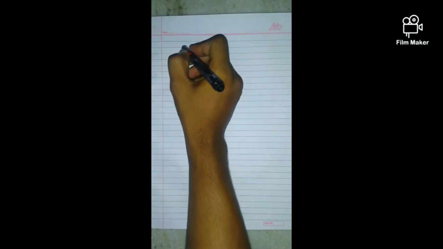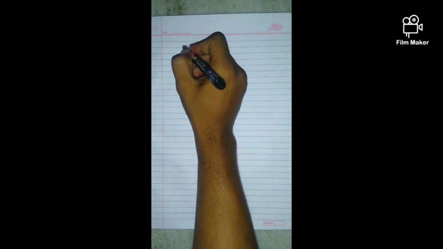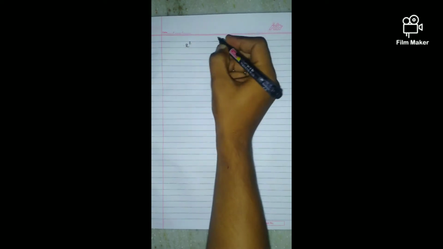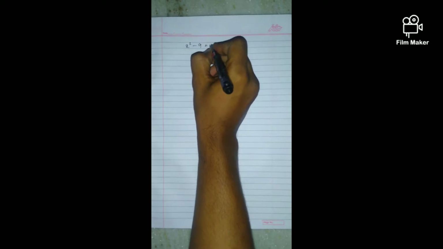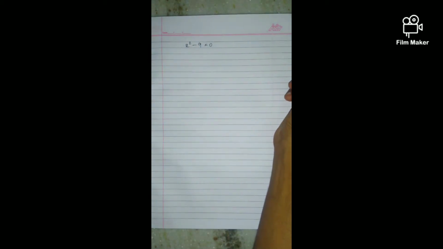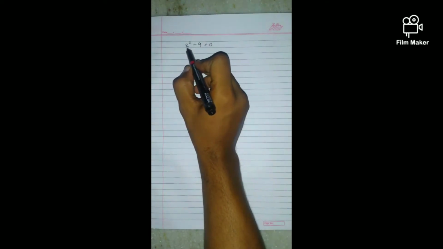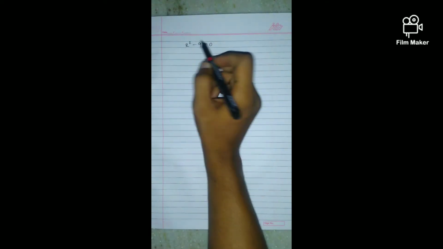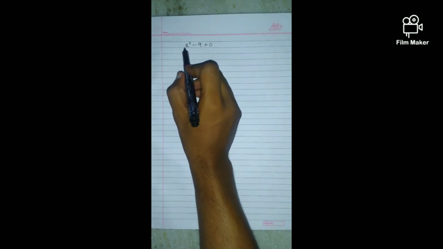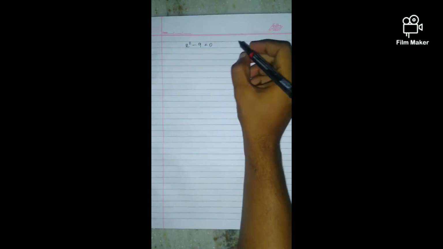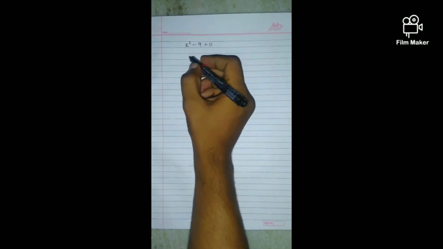In this part of the video, we'll deal with the concepts related to the completing the square method. Just assume that, for example, we have an equation x square minus 9 is equal to 0. First of all, tell me, is this a quadratic equation or not? The variable with the highest power is 2 and the coefficient is non-zero, so this is a quadratic equation. So we have to solve this.